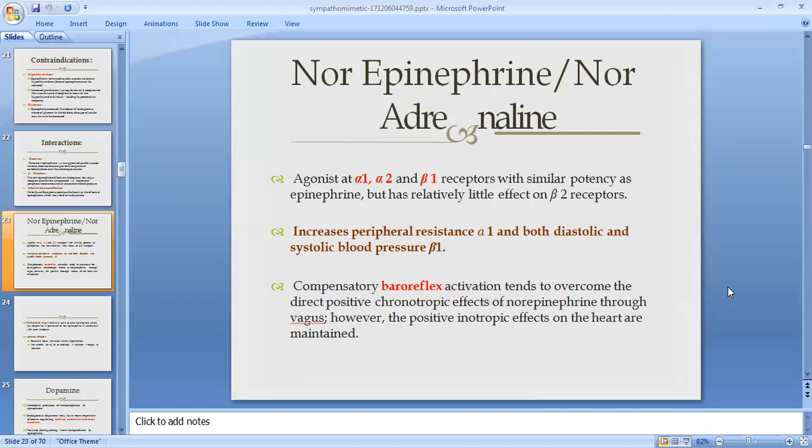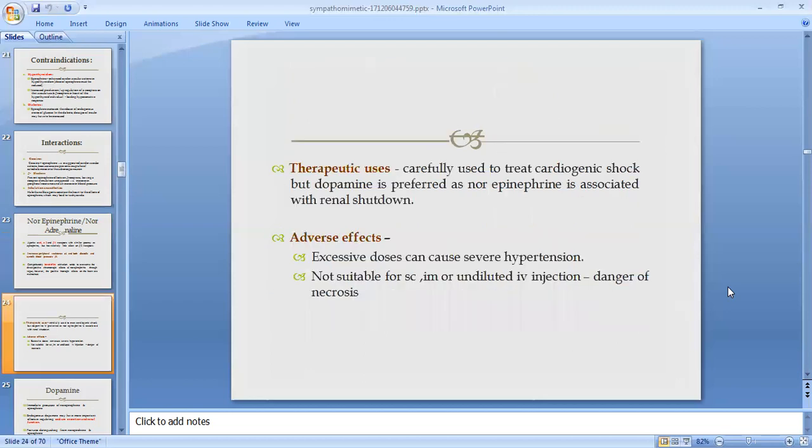So the chronotropic effect is decreased while the inotropic effect is increased. The force of contraction is increased while there is reflex bradycardia. Therapeutic uses: carefully used to treat cardiogenic shock,